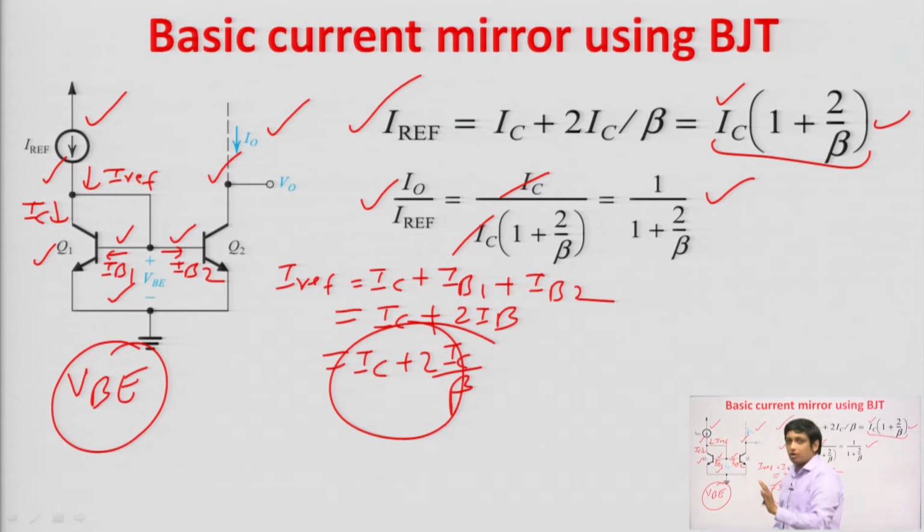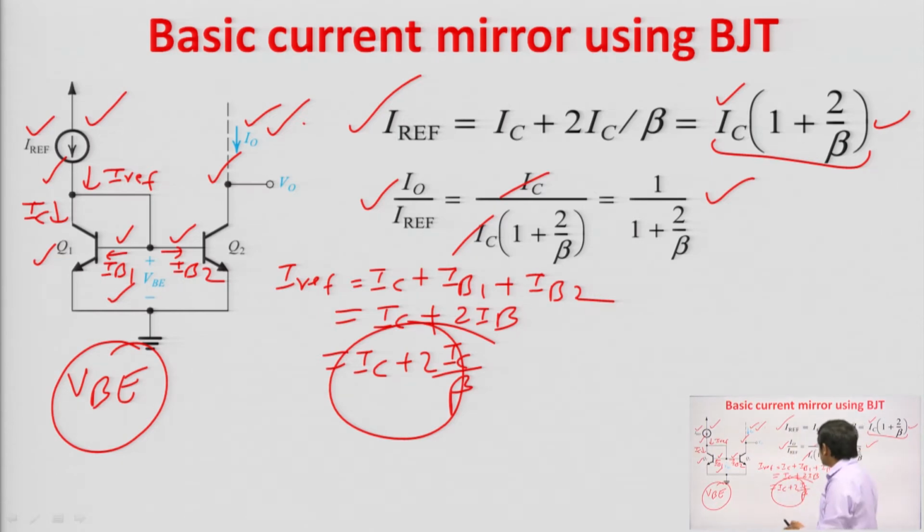If this Q1 is not diode connected, what will happen? If the input current changes, I reference changes, then corresponding to that I reference, VB will not change. If VB will not change, then your output current will not change. It means that if there is a variation in input current, then there will not be any variation in output current, and current mirror means the output current should be equal to input current. If your input current is changing, then accordingly the output current should change. It will only happen if this Q1 is diode connected, otherwise this tracking of input current is not possible,